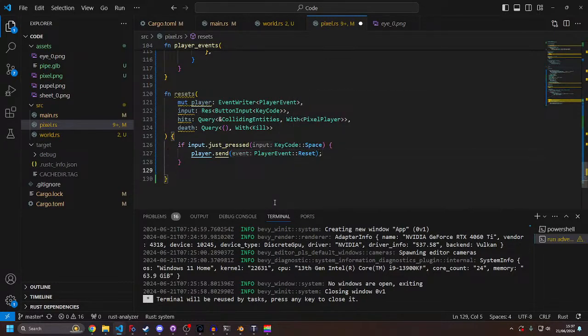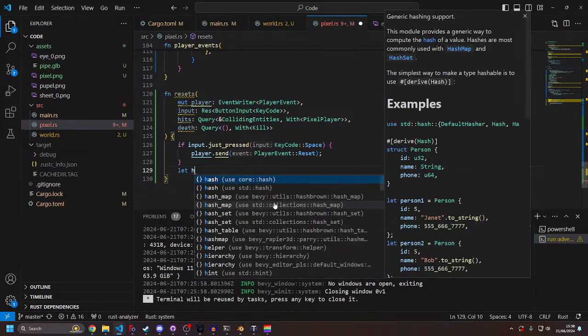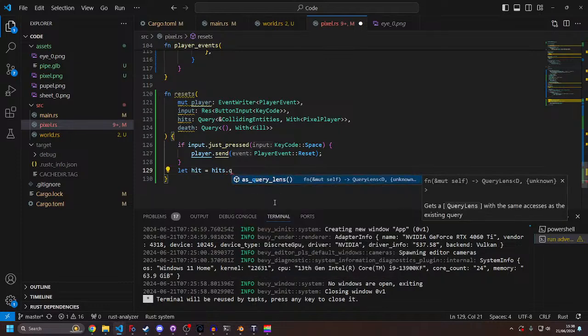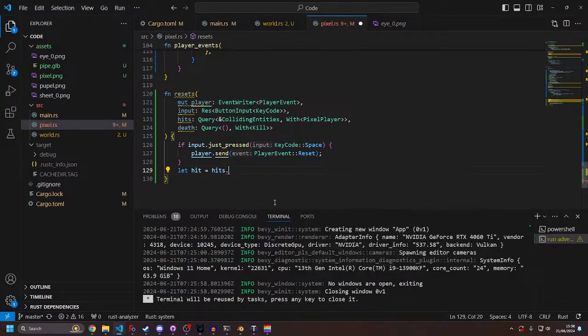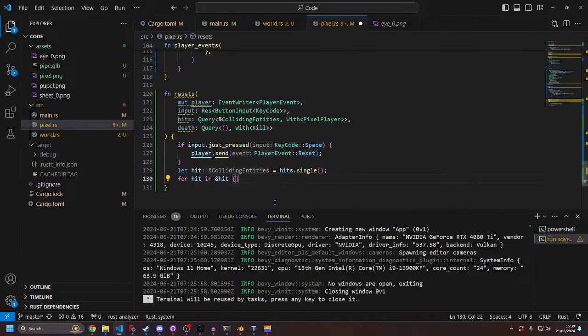Okay, so if you hit spacebar reset, okay, and then we're going to say let, or let me, let's change it to S. It's hitter,